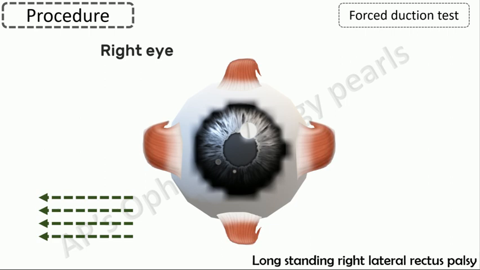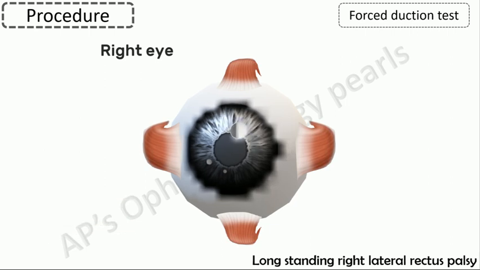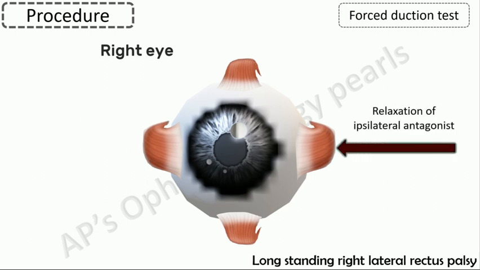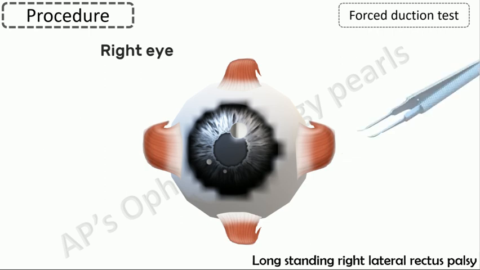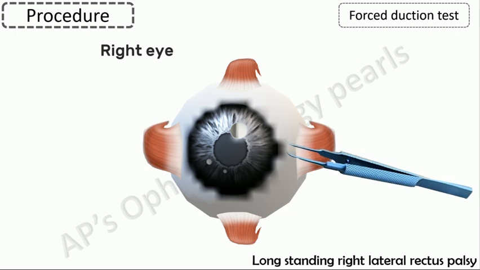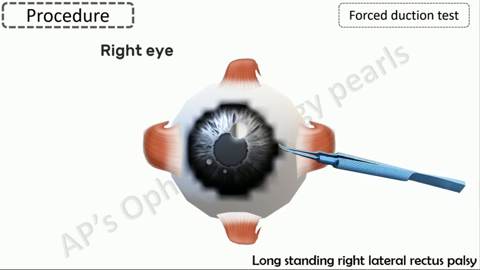First, ask the patient to move the eye in the direction of limited movement, in this case to the right. This serves two purposes. The maximum range of voluntary movement can be determined, and the antagonist, in this case the medial rectus, relaxes by Sherrington's law and thus eliminates resistance to passive movement, which can interfere with interpretation. The limbus is now grasped opposite to the direction of movement. So here the medial rectus is grasped with a tooth forceps.